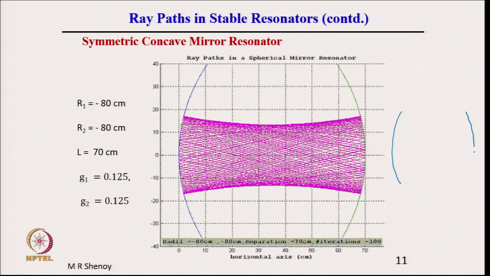Subsequently, we will consider Gaussian beams in a resonator, where we will see that the Gaussian beam will be confined to the resonator in this fashion. So, this is a Gaussian which is propagating back and forth. We have a Gaussian field distribution. This is the waist of the Gaussian. We will discuss this in detail, and then the beam propagates back and forth inside the resonator.